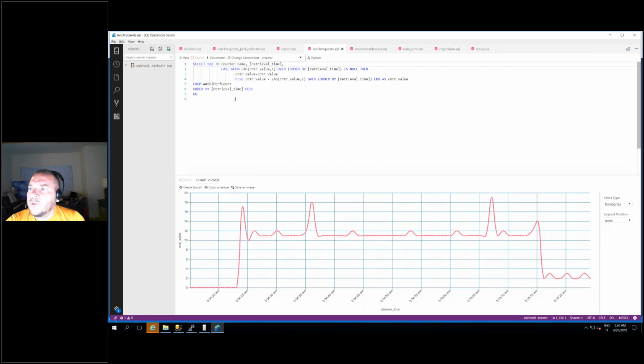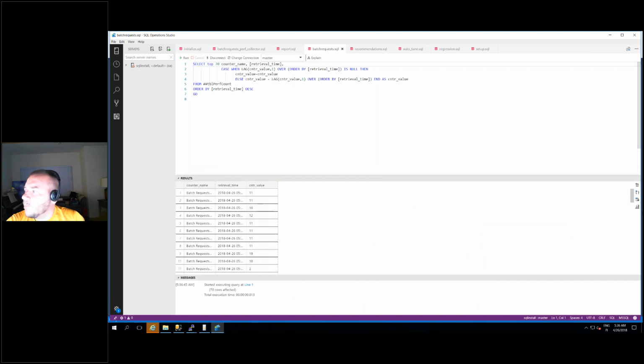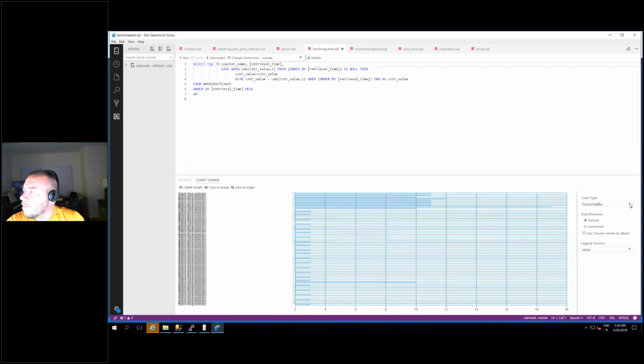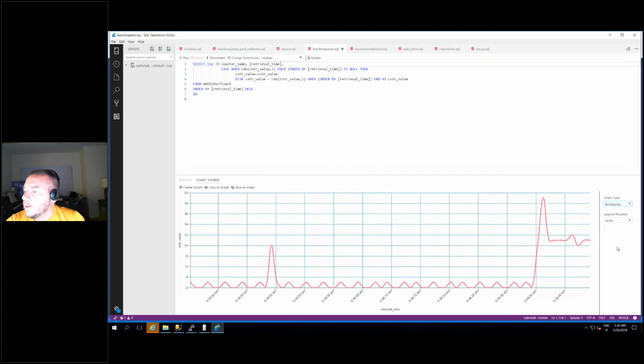So let's run the batch request query again to see where we are now. So we see that this was the time when the execution plan was regressed. And this is the point where we fixed this by enabling automatic tuning.